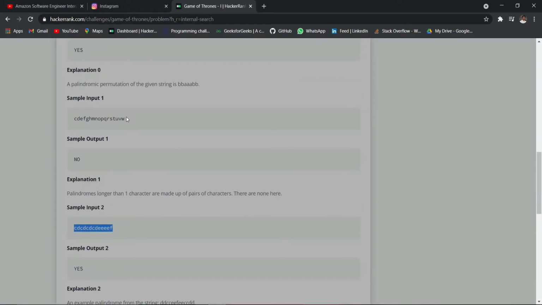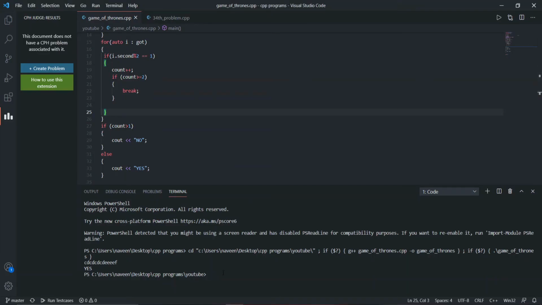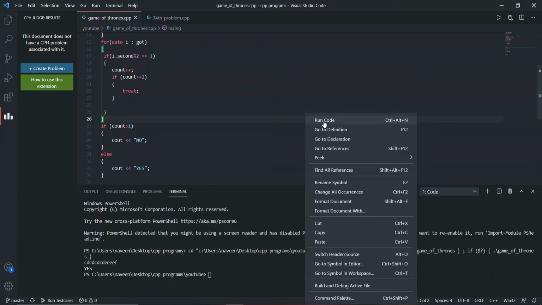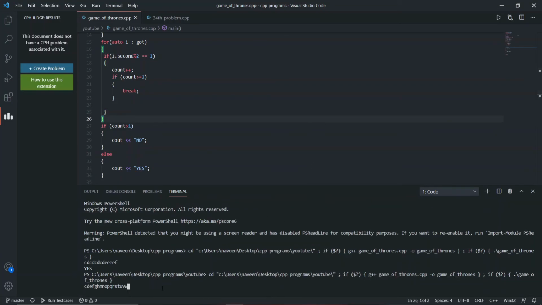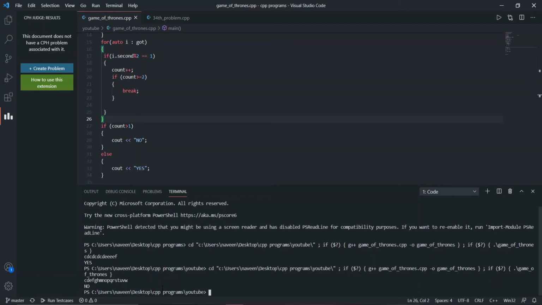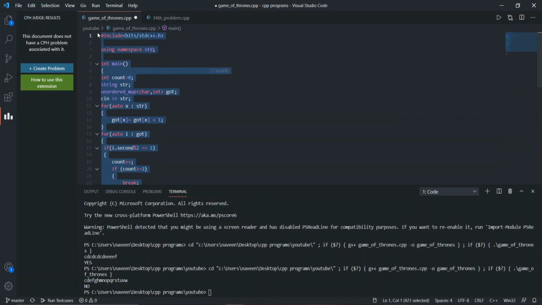And if we took another example from here, Ctrl C, okay, so you can see our code is executing absolutely fine. So let's copy and paste our code.